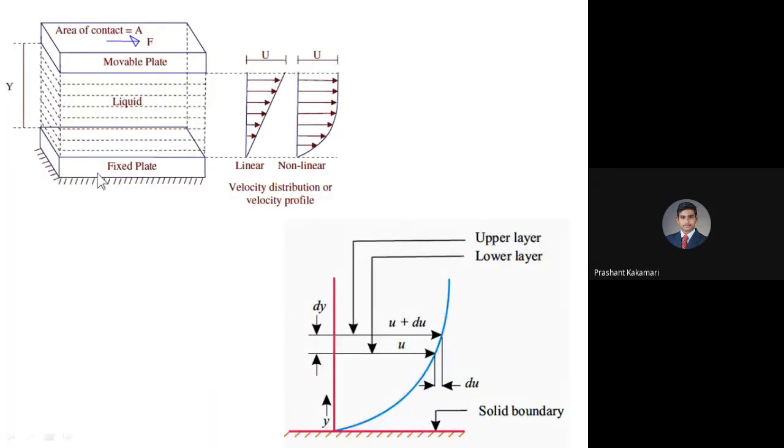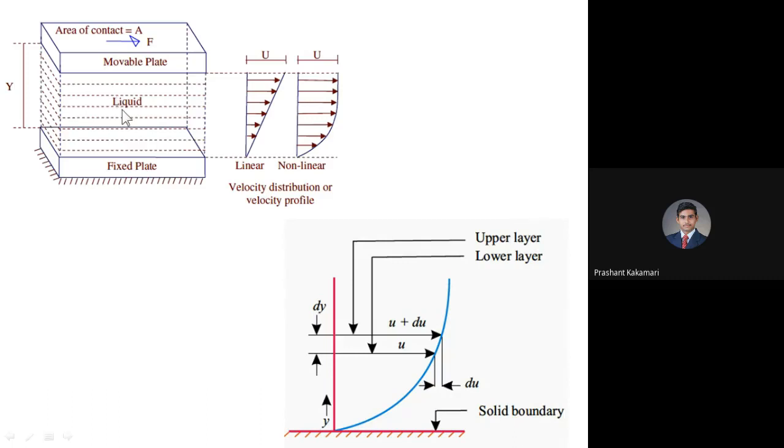He has taken two plates. One is the fixed plate at the bottom, another is the movable plate at the top. In the last class, I explained that the fixed plate is not moving, it is stagnant. That is the bottom side here, the fixed surface, and above it the liquid is flowing, or it may be stagnant up here. After moving this upper plate, I am going to create some flow